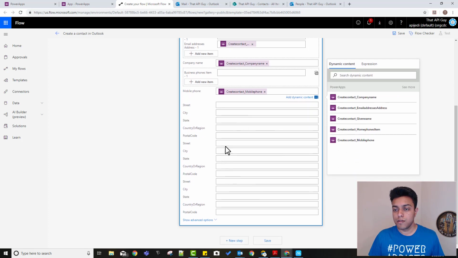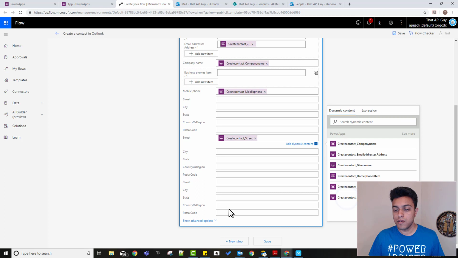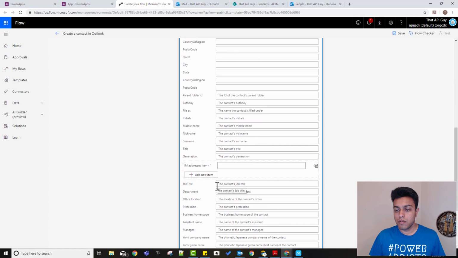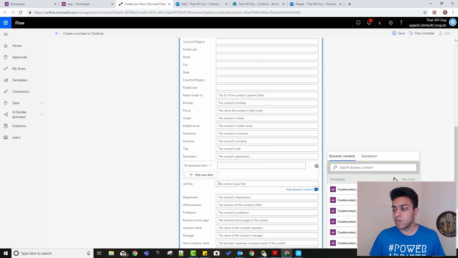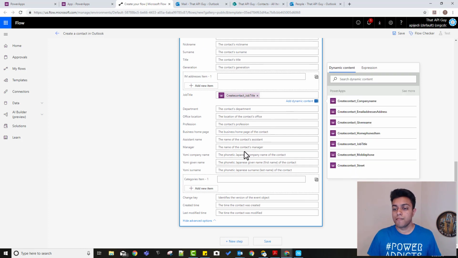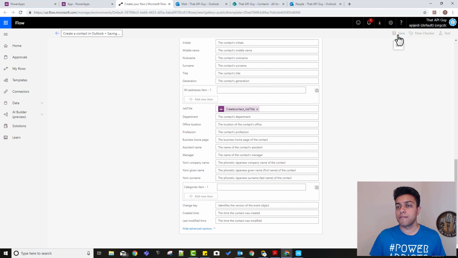Let's see what else. City, street, we'll say ask in PowerApps, and then there might be some more options here. Job title. Okay, we'll do one more and then we'll try it in PowerApps. This should be good enough to create a contact and see the demo. You can add more fields later on. So we'll hit save